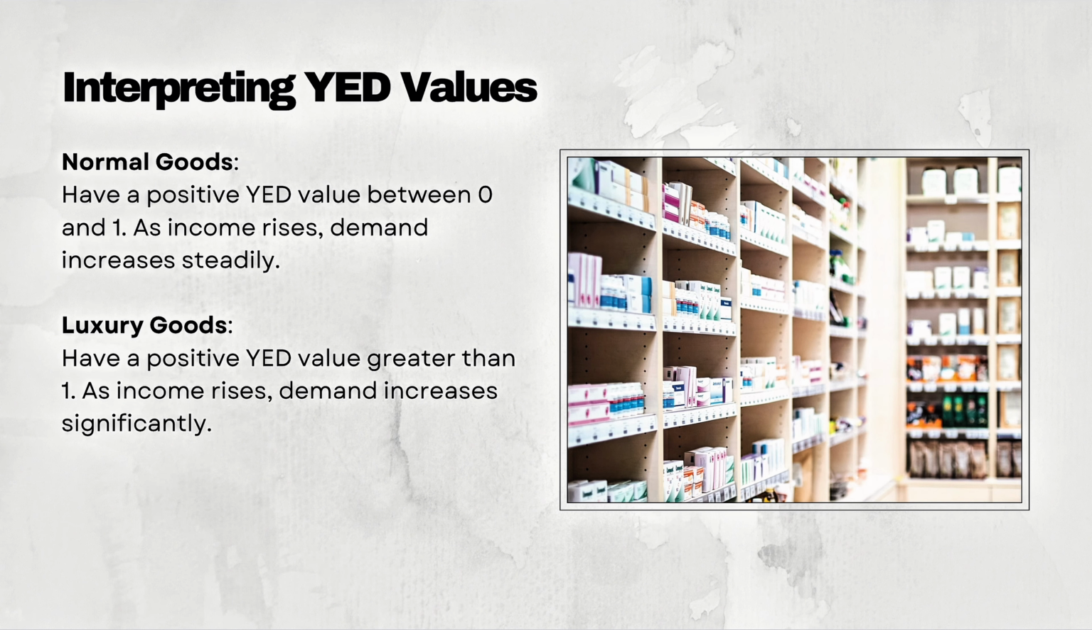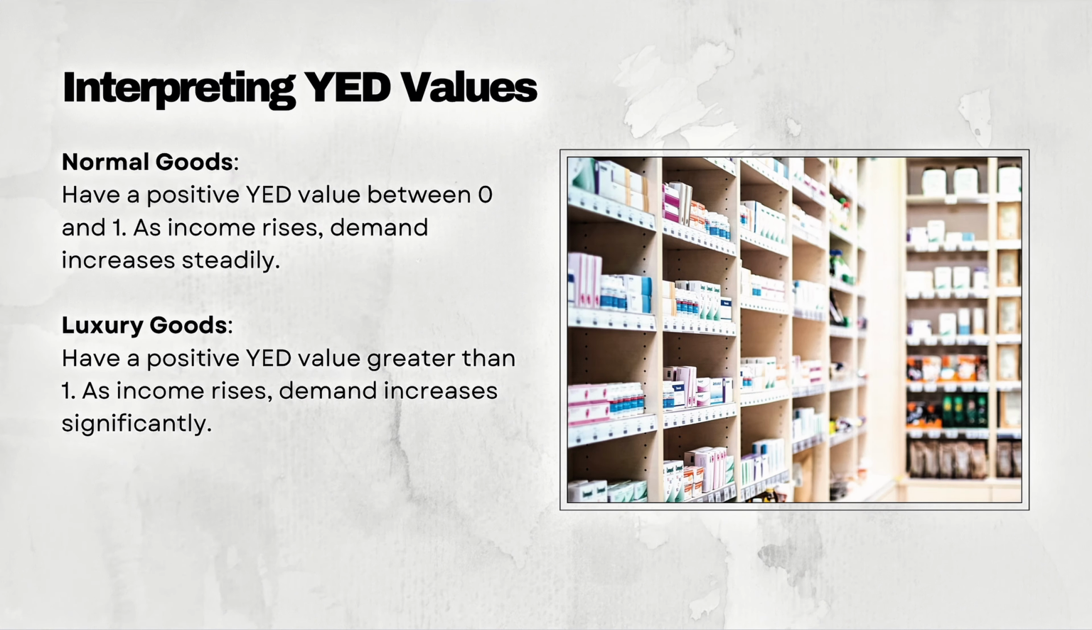In the next few slides, we have different types of goods which have different values of YED. The first one is normal goods, which has a positive YED value between 0 and 1. As income rises, demand for these goods and services will rise steadily. In between 0 and 1, you get things like medicine, water, food, fresh fruits, public transport, basic clothing, and fresh